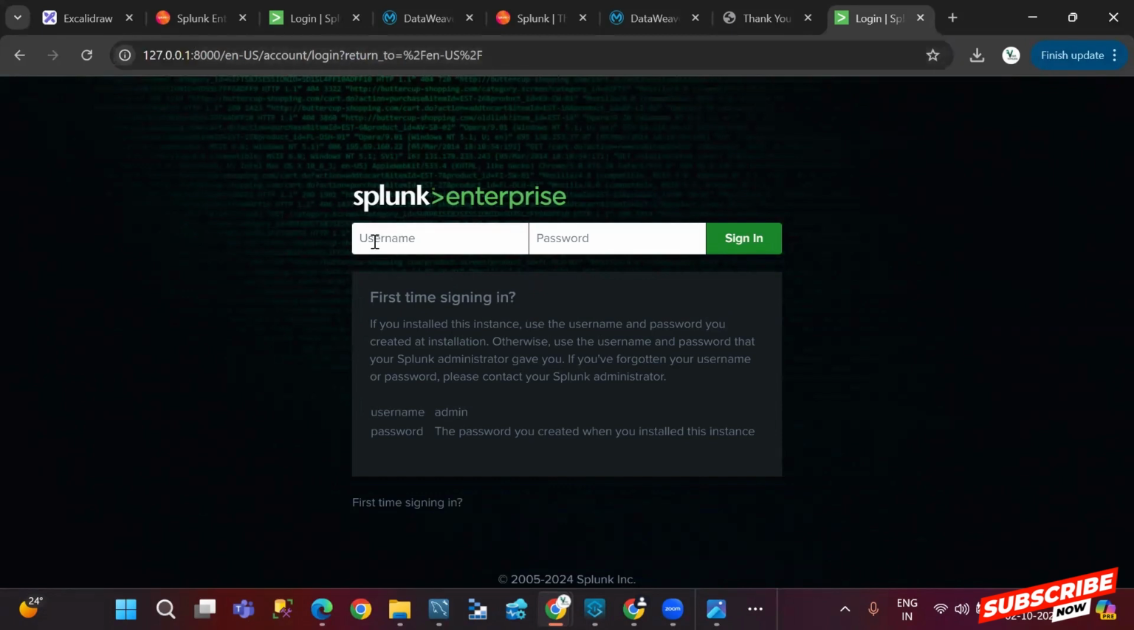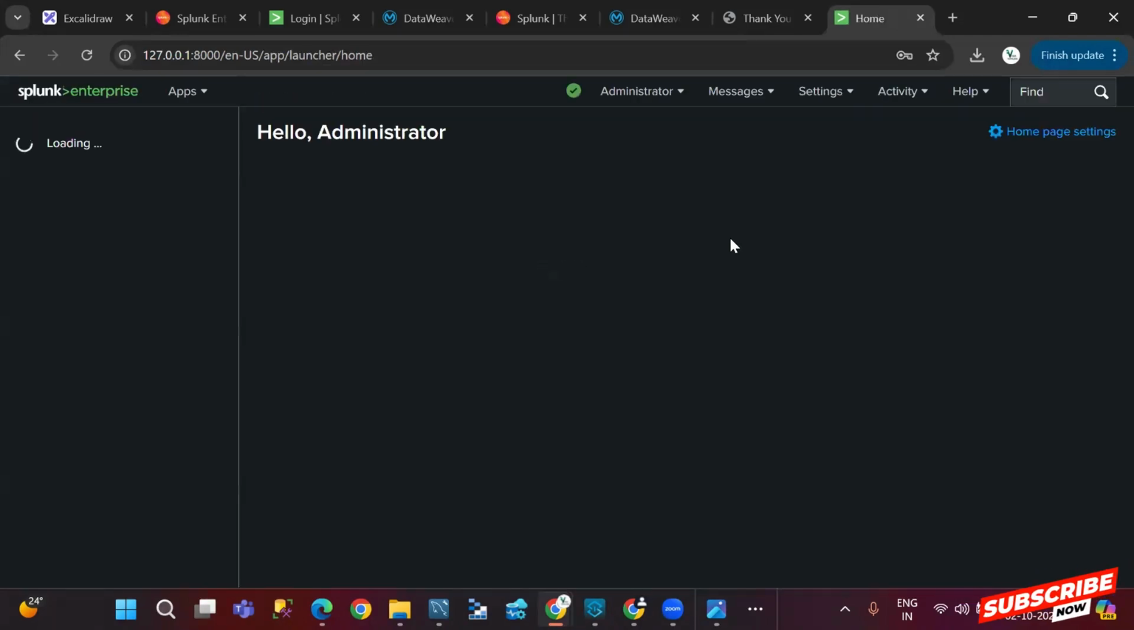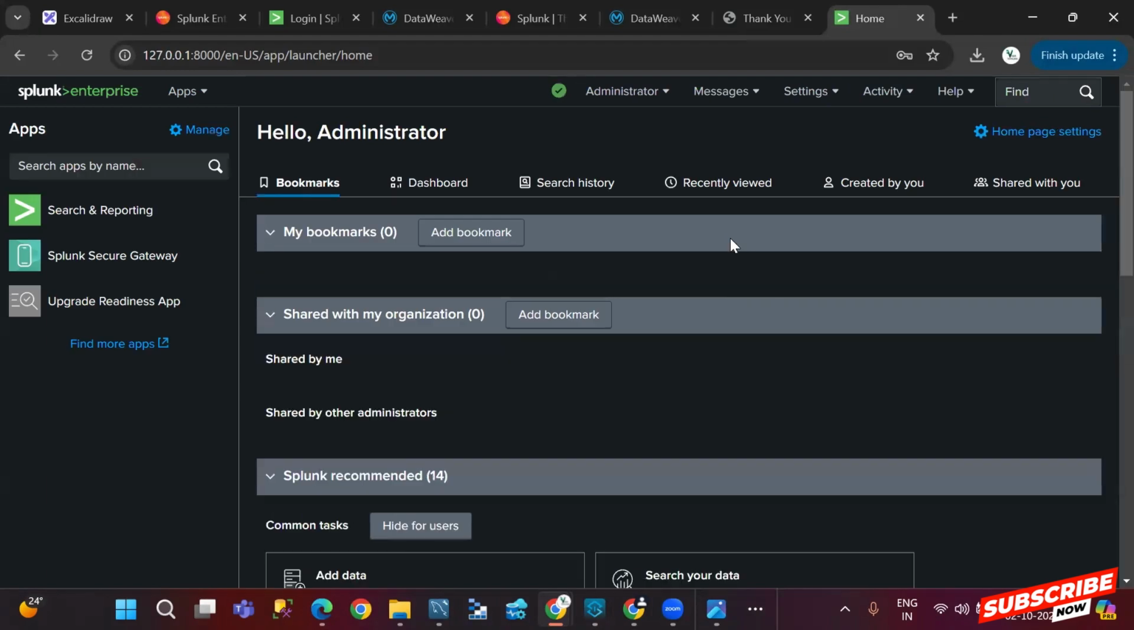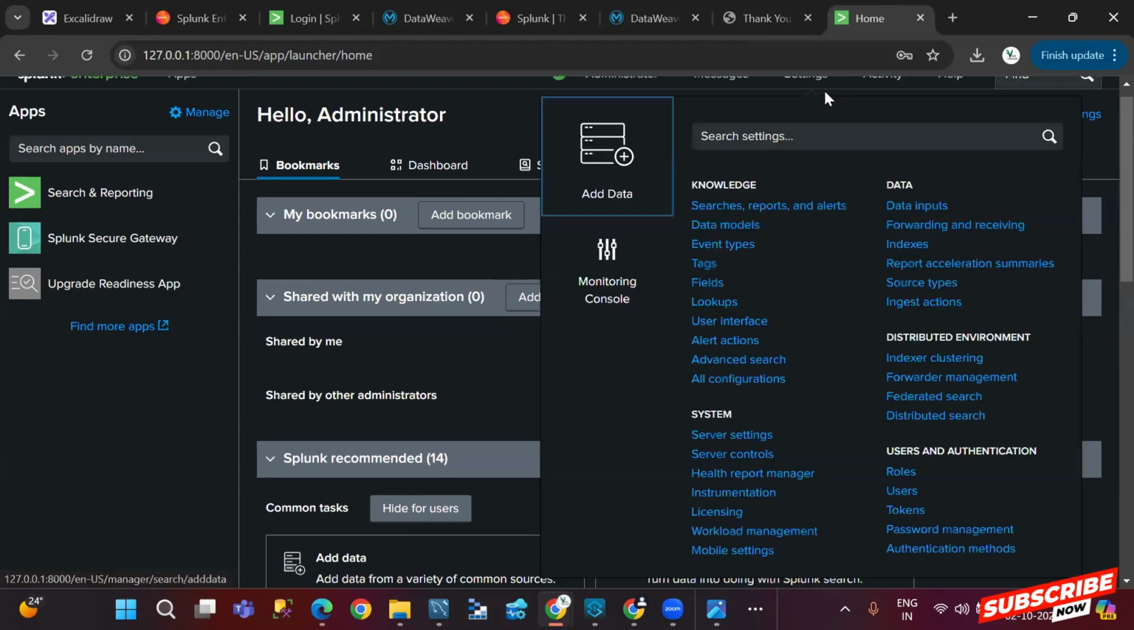Once it is done, this is my username which I have set for this. Try to log in here. Just try to log in. See, once it is logged in, what you need to do, go to settings. Okay, go to settings. So here you need to select,